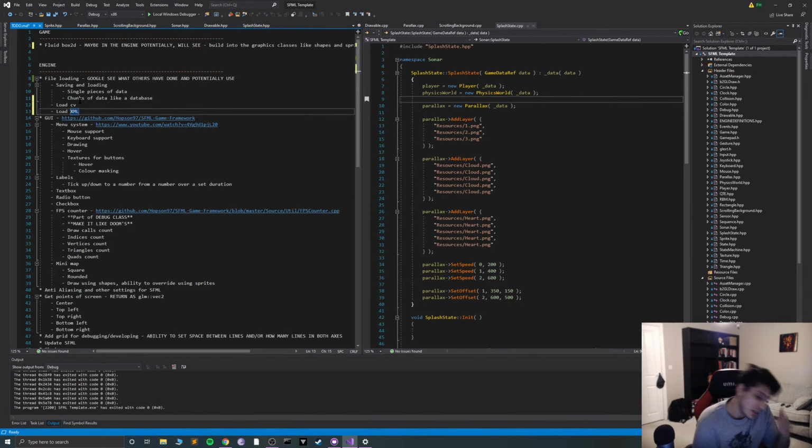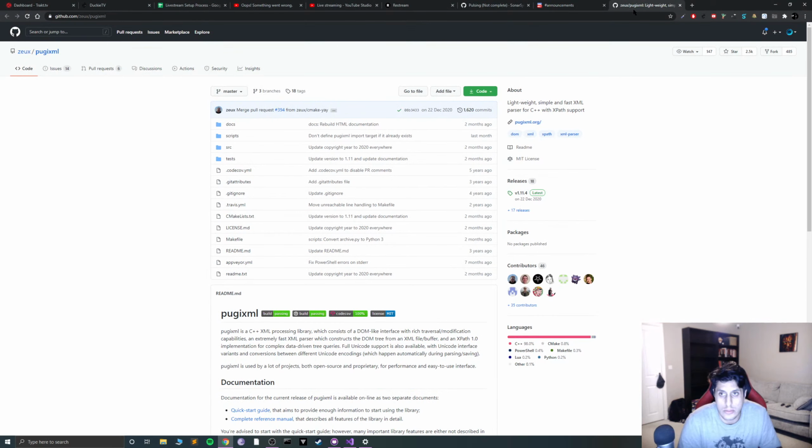So, XML parser. I mean, RapidXML is probably the biggest one to use.